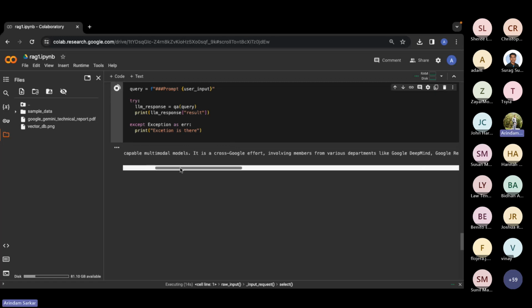If you see, in the background, when I turned on the debug mode, it showed you what steps it is doing. But here, the final answer is a model family of highly capable multi-models. Then all the other stuff is also there.